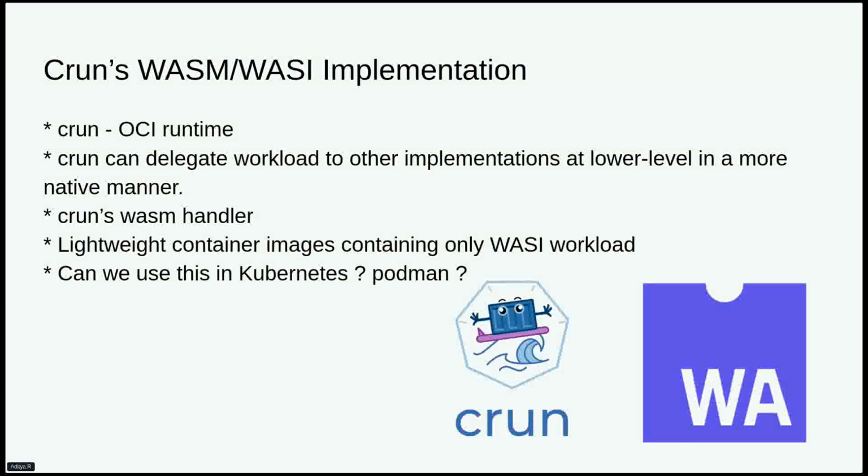If you open Crun's GitHub repo, you can go to the docs directory, and we have a dedicated markdown file for how to run WebAssembly workloads on Kubernetes. And if you're using Podman, you just need to bump the versions on Fedora, and it will by default support running WebAssembly workloads. Podman does it by default, and if you're using an older version, then it will not work. But if you update it, for sure you will have support for running WebAssembly workloads.